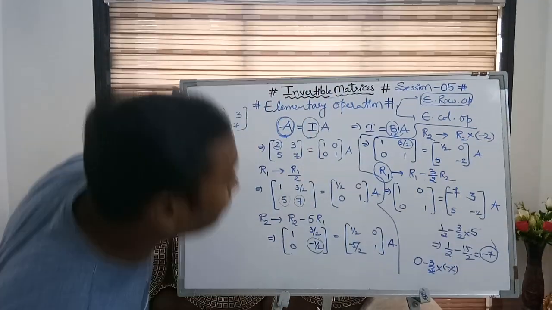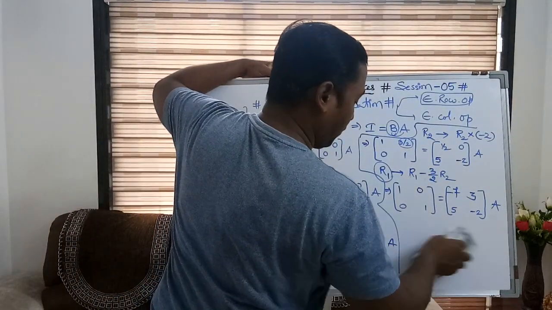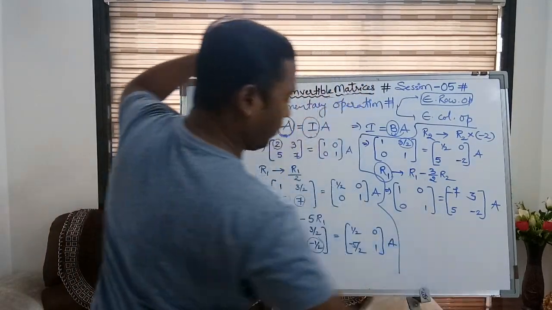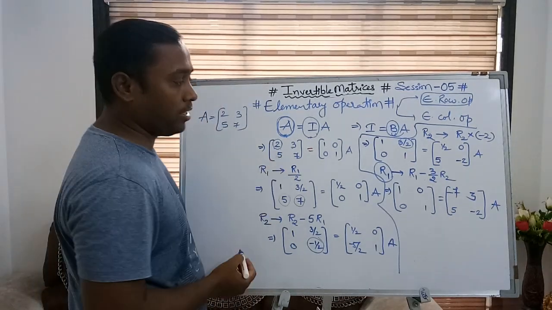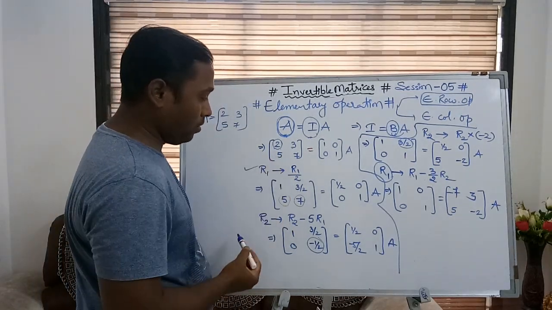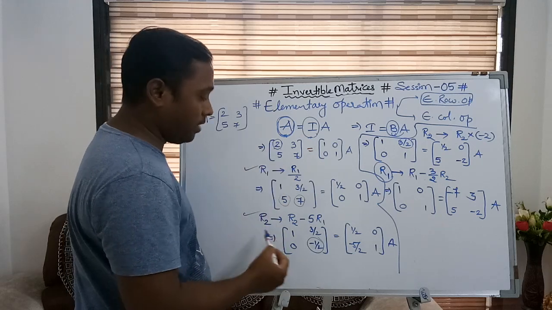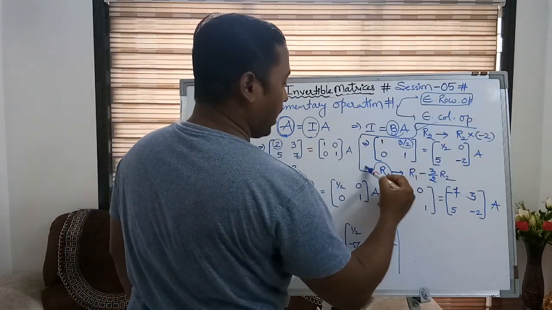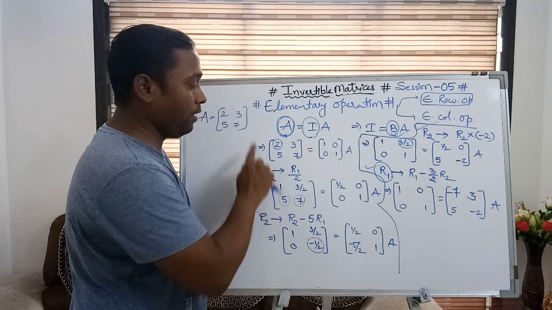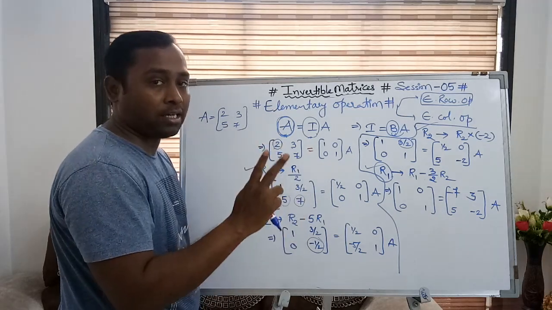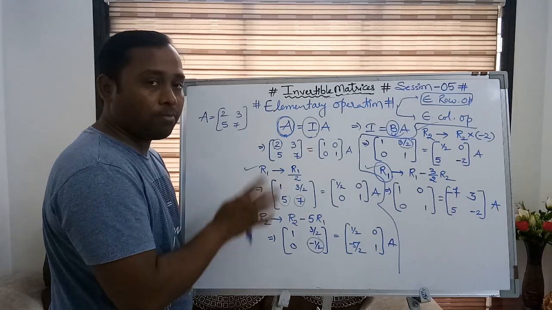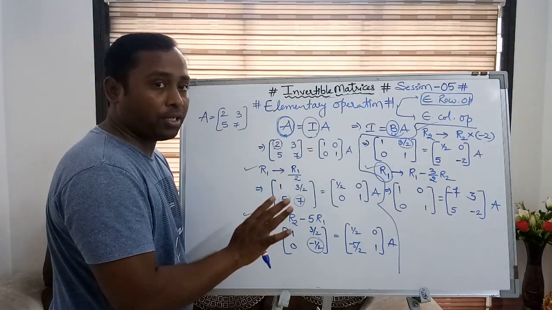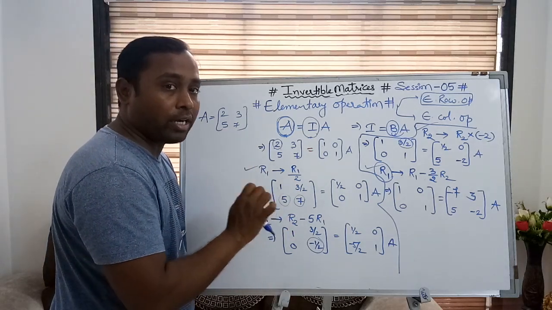So now you can see what changes I have done, how I am moving here, how many operations I have applied. Just count the first one to make it 1, the second, third and fourth. I have told you that if you are dealing with a 2 by 2 square matrix, there are only 4 elements. It means that in a maximum of 4 row operations you will be able to get the answer.